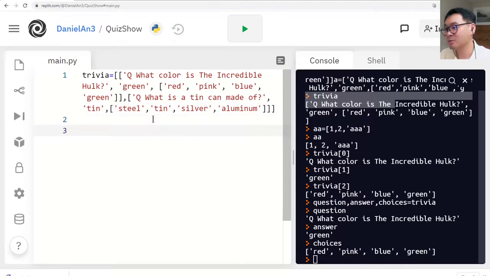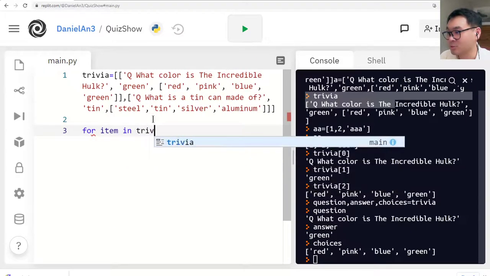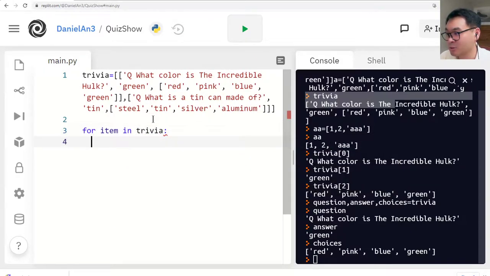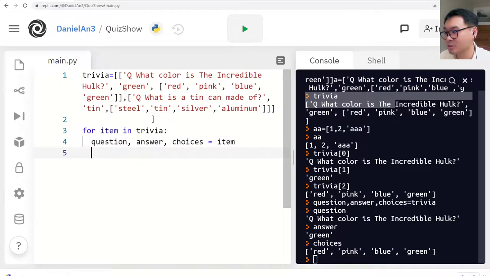And then we're gonna actually do a for loop. So for item in trivia, so that each trivia item will now be fetched by this for loop item. And then we're going to do something that I just showed you. Question, answer, choices. The item will be unpacked like this. Okay, so it's unpacked, and once it's unpacked,